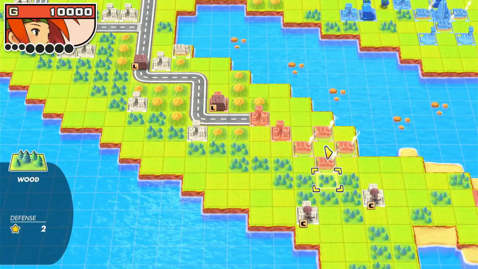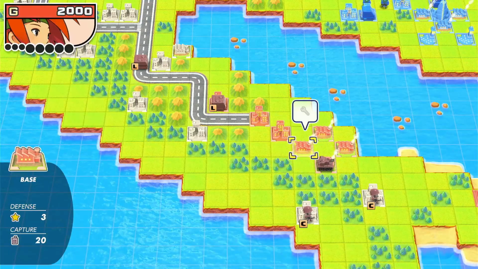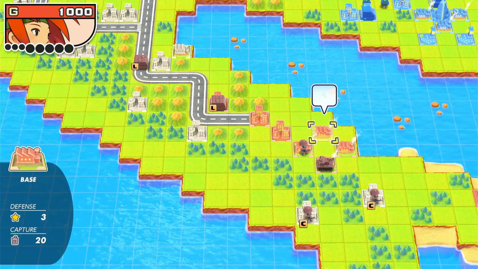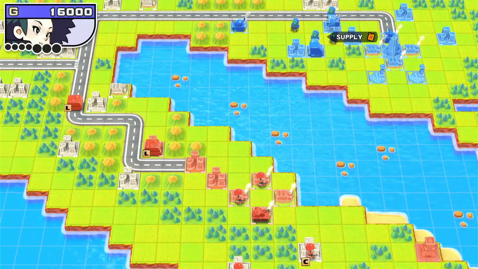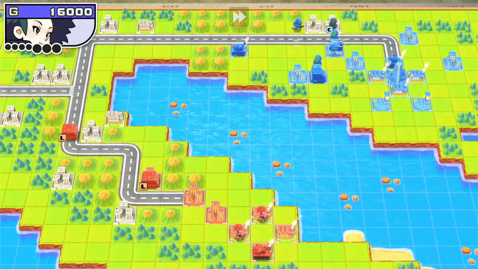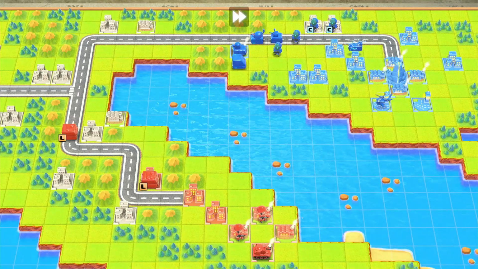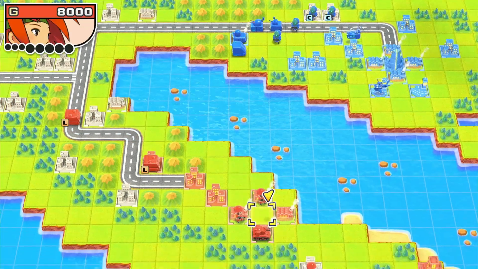So we're going to go and capture these. I'm going to build an anti-air, 1 infantry. No, we'll build 2 infantry at this point. So, could have built an infantry last turn. But that just means that if you guys are trying to follow along or something, things will be a little bit easier for you. So we already have the anti-air for that